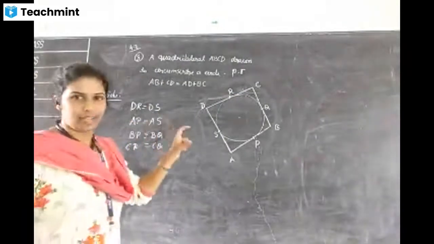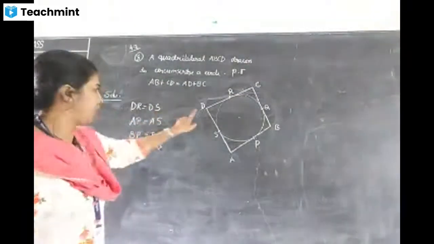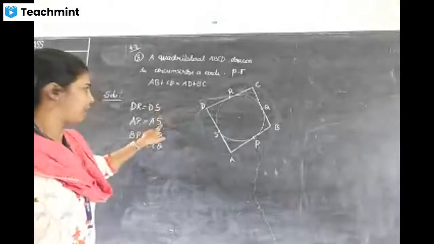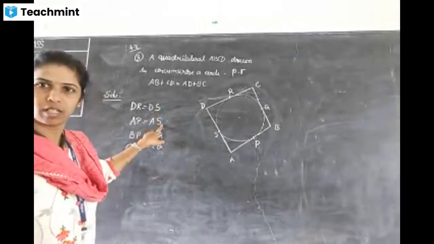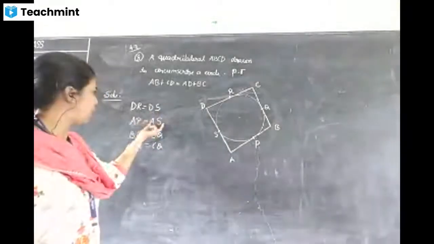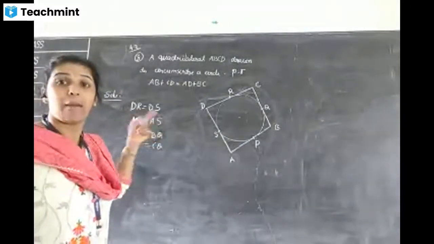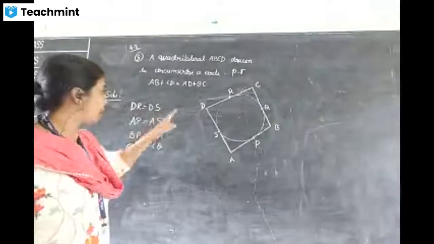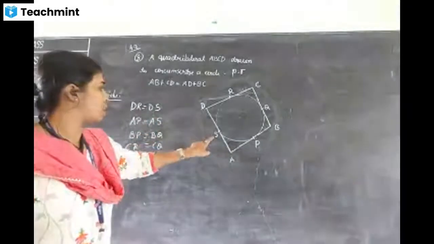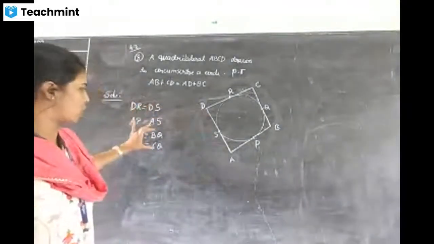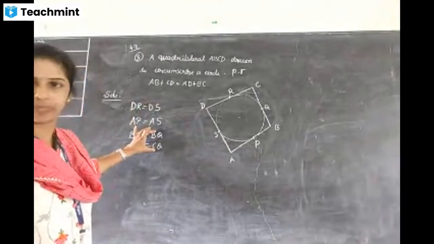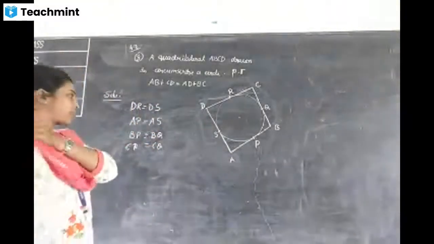One little thing you can do while writing: you must get DS and AS on the same side. Like that you arrange and write. Writing the equality anyhow, if you write AS here or AP here, there is nothing wrong. You can write anywhere. But while writing, you must see and write DS, AS, that should come continuously. Like that you arrange. BQ, PQ, CQ. Why, you will come to know later.